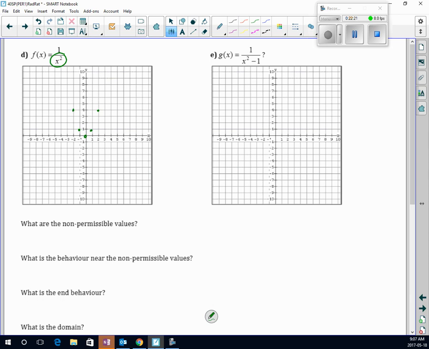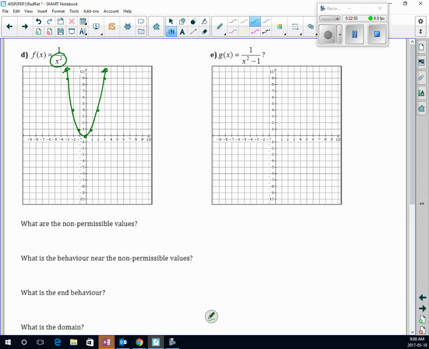And if you don't know how to graph a parabola by now, I'm a little worried for you. 0, 0, 1, 1, 2, 4, 3, 9. Go, do it. Now, we need to reciprocate all the y values. So what happens? Anything of a y value that's an x-intercept becomes an